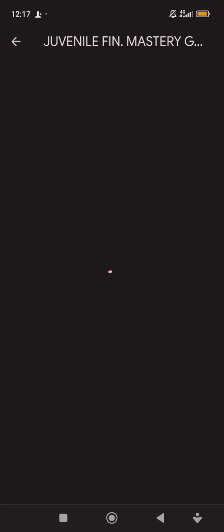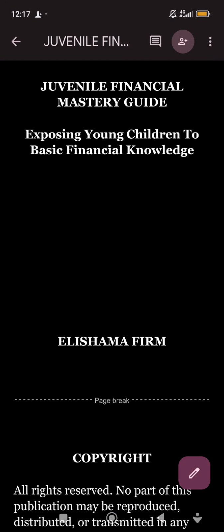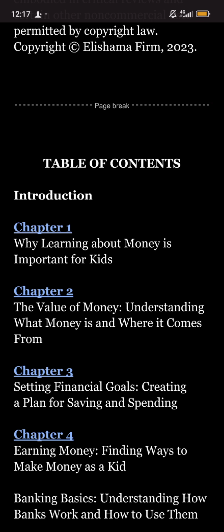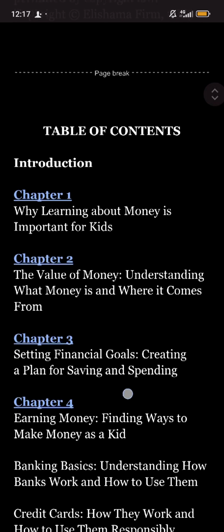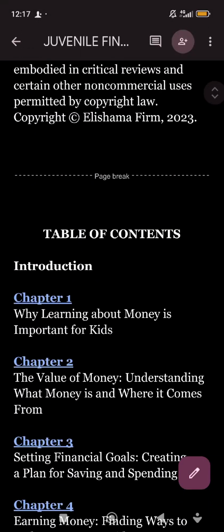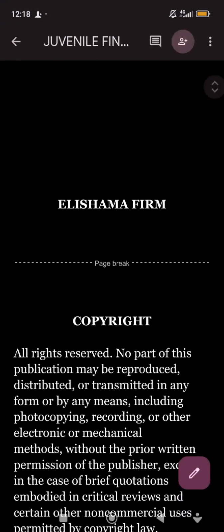Now the next thing you see here, after the title, the subtitle if you have one, the name of the author, and the copyright, is the table of content. After your table of content, I'm just using this to show you an example of how your own will look. The first thing here is the introduction. After the introduction, chapter 1. You write chapter 1. Under chapter 1, what's the title of that chapter? Okay? You give a space. Just make sure it is arranged like this. I'm just using this one to show you an example.